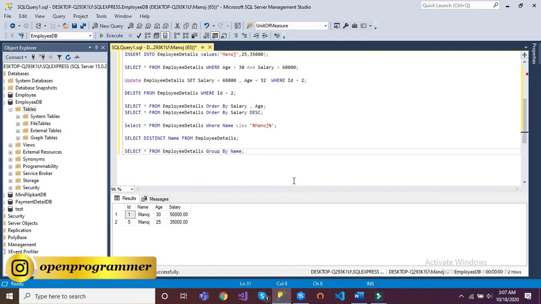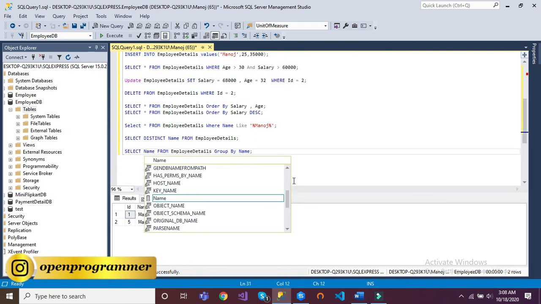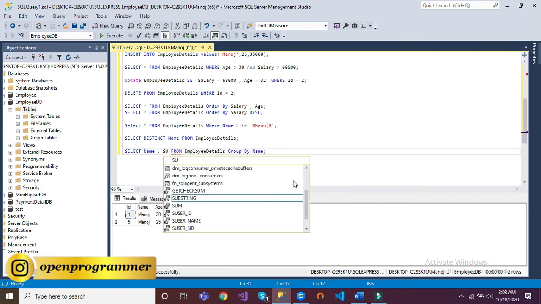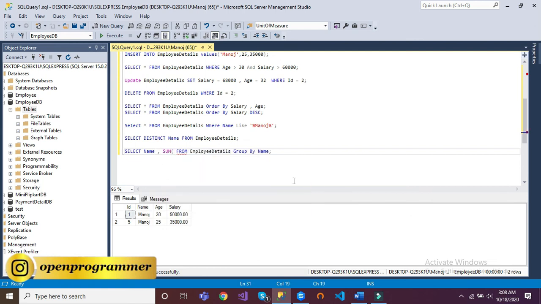and let me specify name and sum. Let's say we need to get the total salary, right? Then we need sum, which is an inbuilt function of SQL Server. So let me select the command and click on execute.